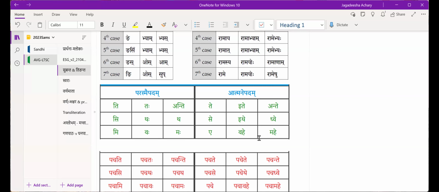Very clear. Thank you, Jagdish. And when we come to the derivation of the verb words in book 1, then we might do one or two examples. Okay. Thank you.